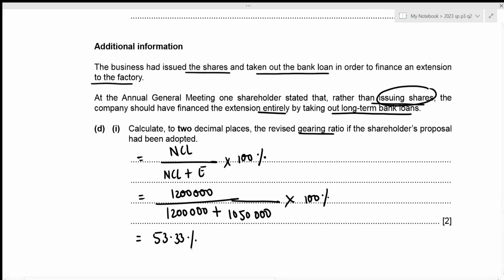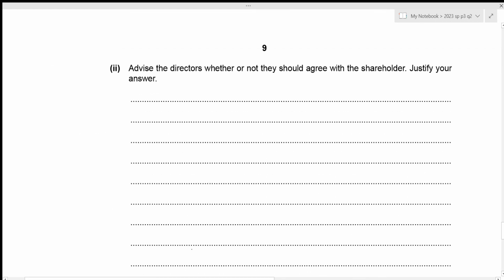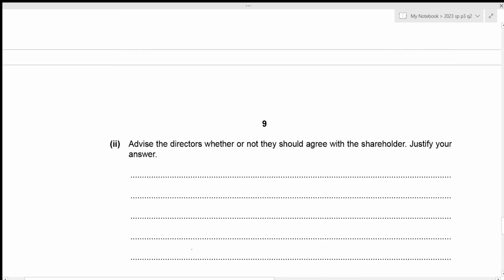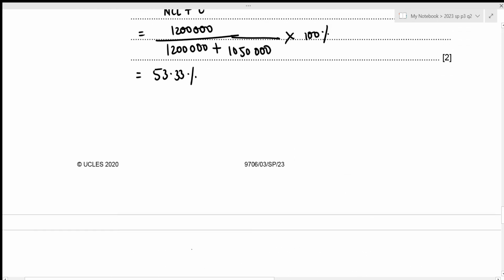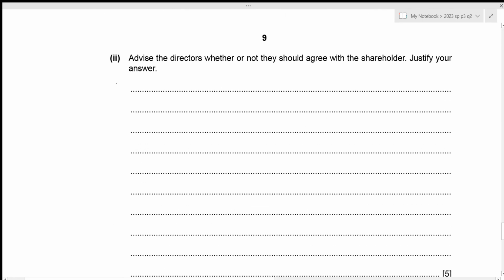Let's move towards the second part. We need to advise the directors whether or not they should agree with the shareholder. So firstly, we just saw that our revised gearing ratio is 53.33%, which is greater than 50%. And this just means that our total non-current liabilities has a higher value than that of our equity. That makes the company very risky. Let's write it down. Gearing has increased, making the company